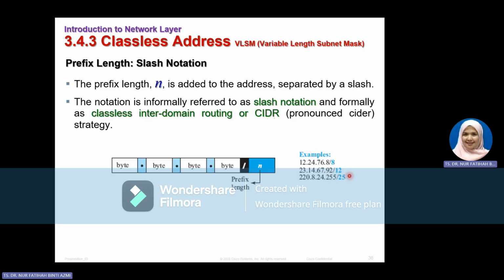It's a big network when it is /8. Then the remaining 24 bits are the host address. So why do I say /8 is a big network? Because we can have